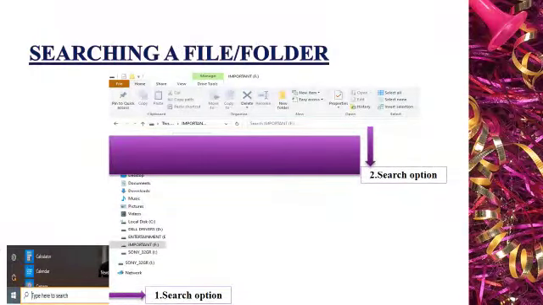Searching a file or folder. Windows has a number of ways to find files and folders, children. Search boxes offer the most direct way to locate your file. So click on the start button. You can observe your screen, children.